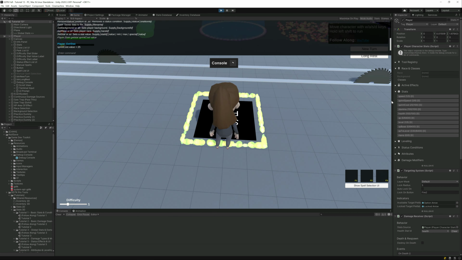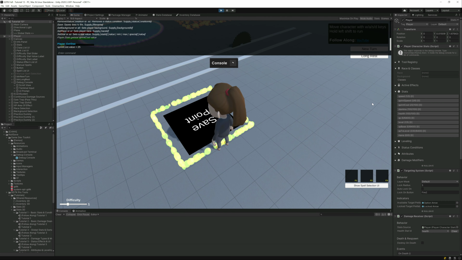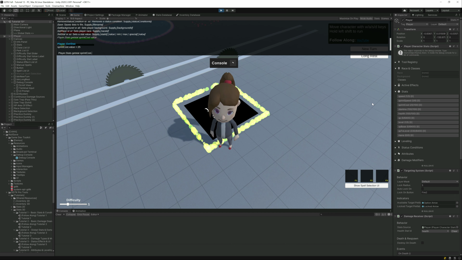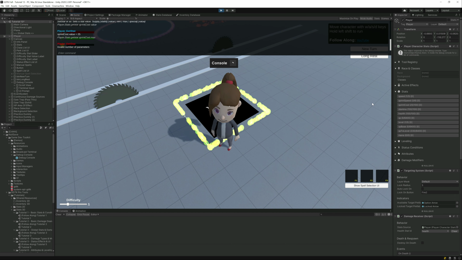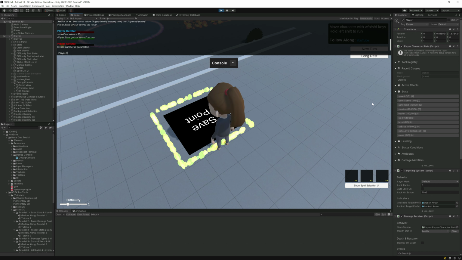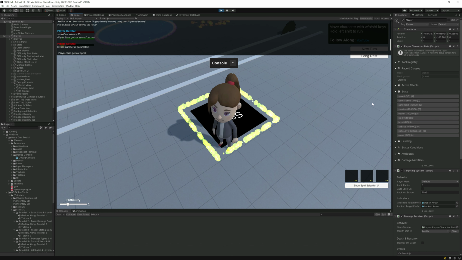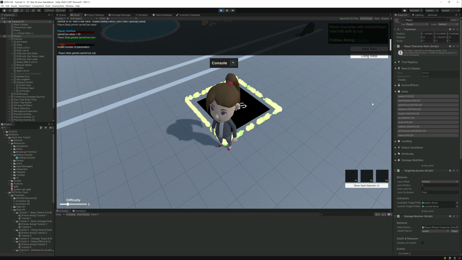So we can see the sprint cost is 25, and if we did player.stats get stat sprint cost dot max. Oh, sorry, that was incorrect. It's player.stats get stat sprint cost space max. There we go. So we can see what our values are. We can get anything we need, the min, the max, the value, or the special.